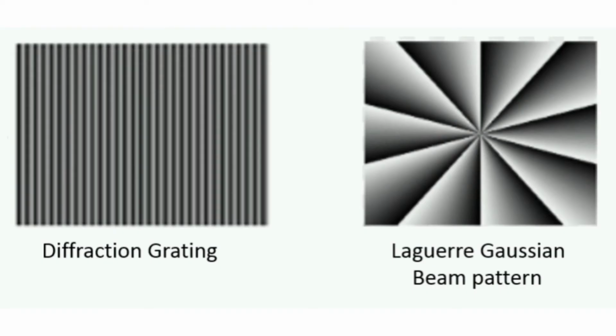Let's see the different kinds of patterns that we can place on our spatial light modulator to obtain different kinds of traps. On the left hand side, we have a grating which gives a central maxima to control a particle in a single trap, whereas on the right hand side, we see a Laguerre Gaussian beam which not only traps the particle on a circle but also provides a force along the tangent of that circle.